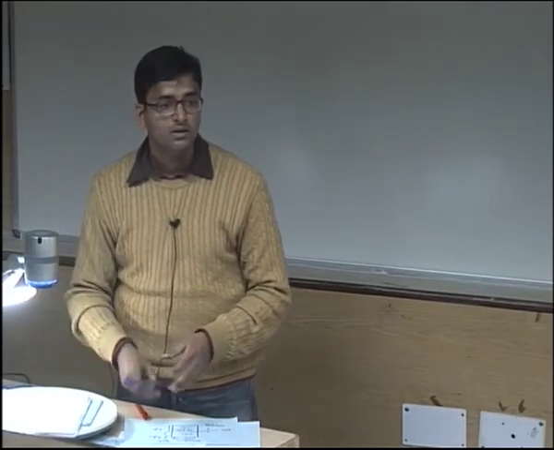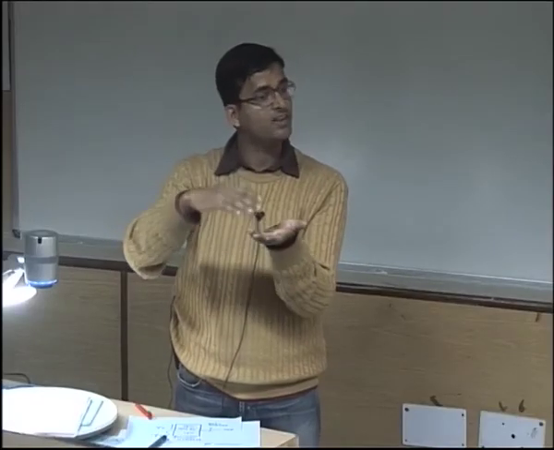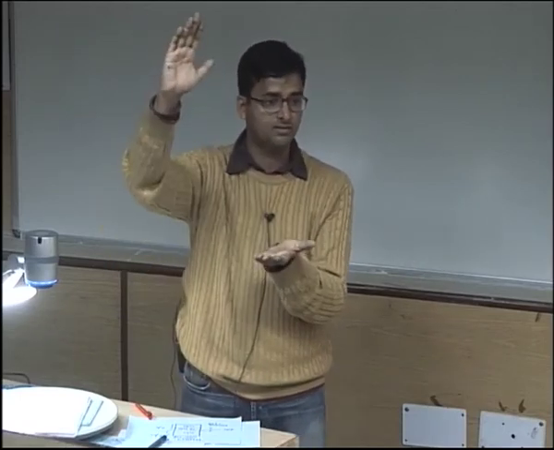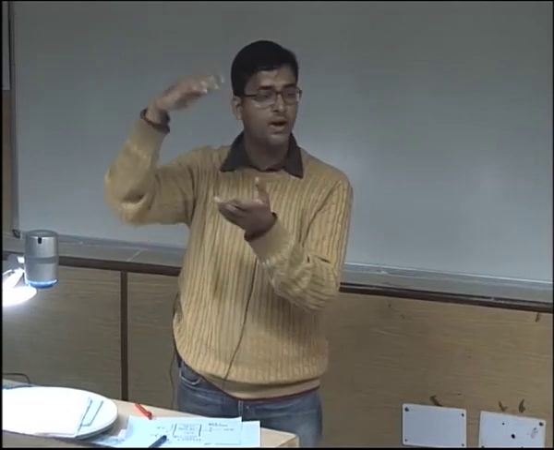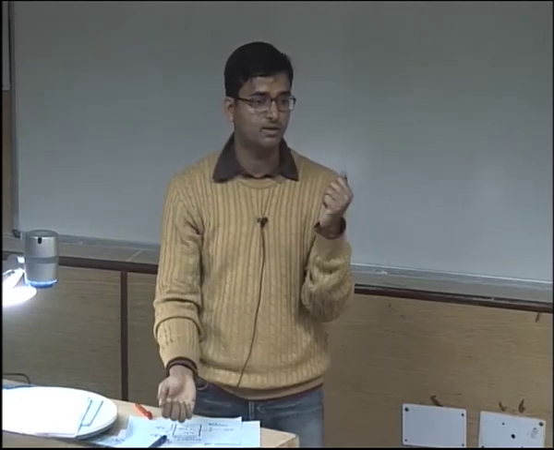Okay. Yes. What do you mean by, like, we are mapping all the memory from my data to my physical top? So it means that I will divide that chunk into small pages and map it in my page table. Yes. So if I want to map, let's say, 0 to phystop in one go, I will divide it into chunks and create entries in the page table, because recall that the paging system doesn't allow me to map all at once. I have to divide it into either large pages or small pages, and then create appropriate entries in the page table to create that mapping.